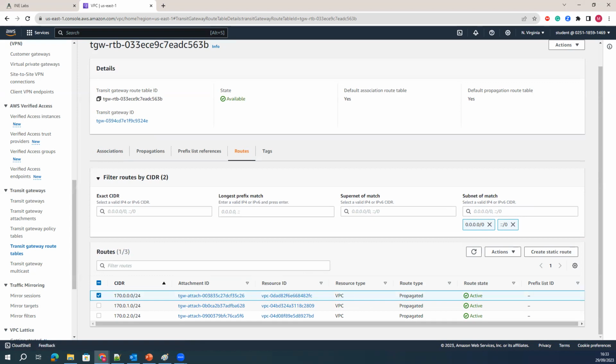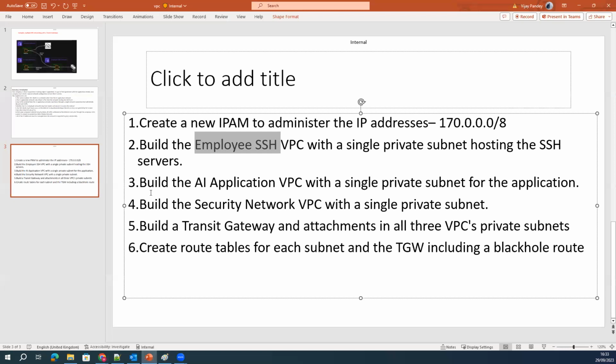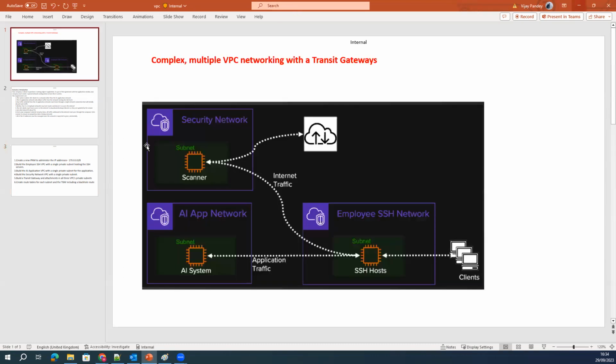Okay. Once you configure the VPC, which is the second task, what I have done here is I have created the IPAM, all these three, then I have created the transit gateway. Okay. Now I have attached the transit gateway. Now the fifth step is, along with the transit gateway, I will configure the custom routing. The custom routing says that between the AI network and the employee SSH VPC, only SSH traffic must be allowed. Okay, and have a default route between the employee SSH VPC and the